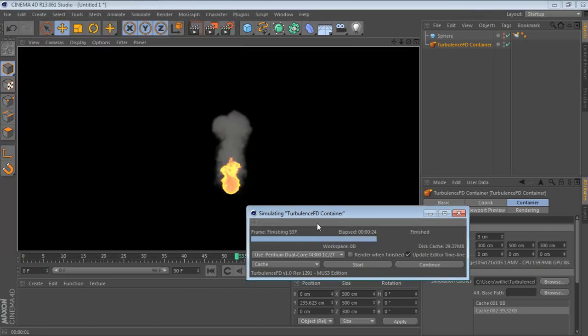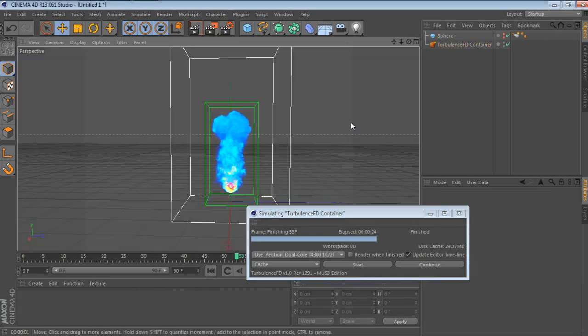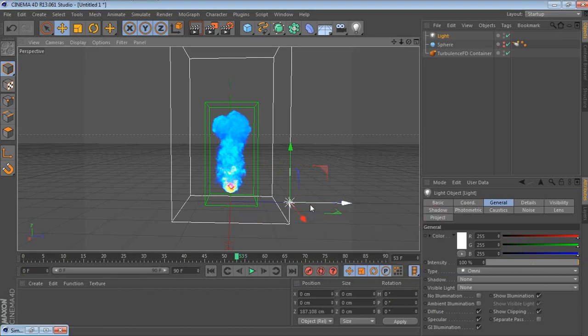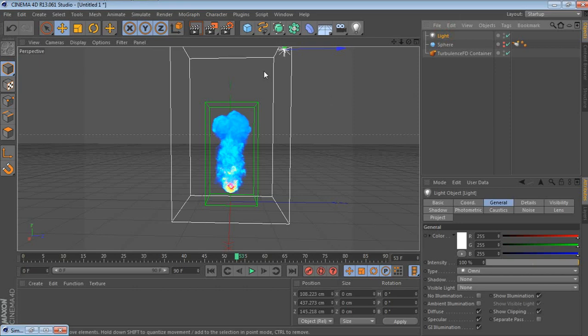Okay, so it's the half of the rendering, and as you can see, it's going pretty fine, but it's not realistic. We want it to be realistic, so one of the basics, and you don't expect this from me, is to add a light. Put the light in front, or maybe put that up like so. Adding a light is not that easy, so add a shadow so that it will be more realistic. So if we render this,